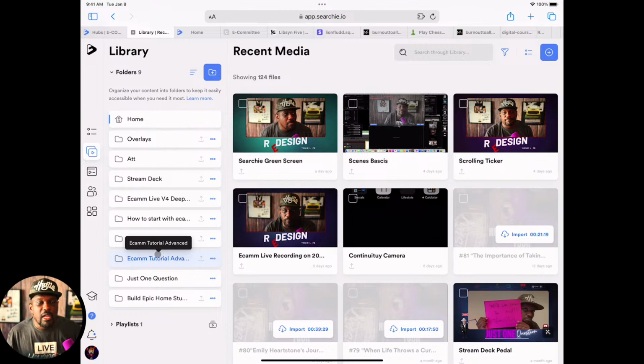So I get to break it down and put videos that are maybe more advanced in different folders. So then when my students come in, they get to see, oh, okay, I need to start at the how to get started one. Okay, that folder is for the advanced stuff. But they don't get access to it until they finish each module, right? They get to see it, but they don't get access to it.